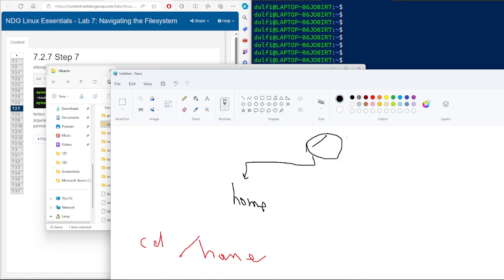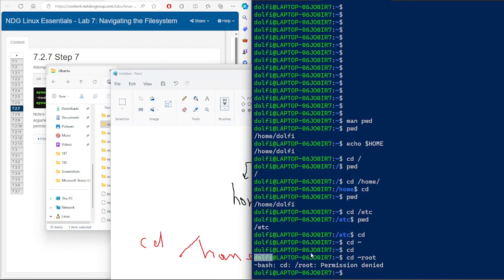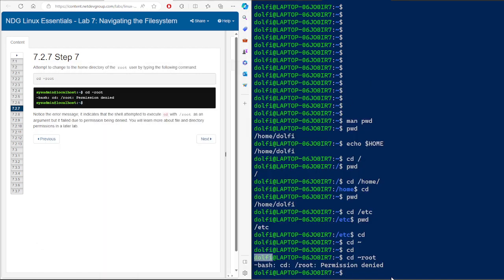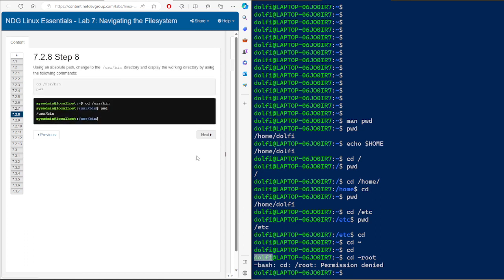And there is another directory called root. If you want to reach it, then under the root, this one needs a permission, or if you are not a root user now. Okay, that's why we see the output here that permission is denied. Okay, so then if you would like to move to another directory, for example,